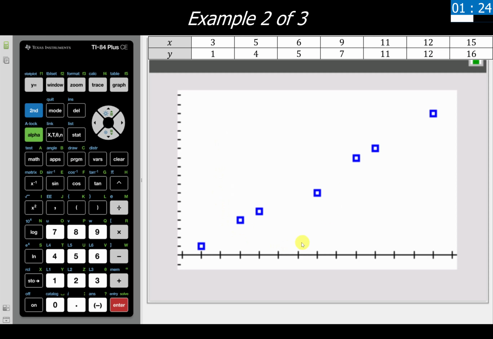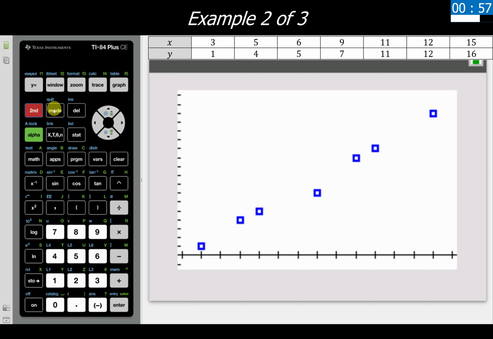Does it look quadratic in nature, the U-shaped or the N-shaped? Or does it look exponential in nature, like it's starting off smooth and then it gets steeper and steeper and steeper? And again, we have a linear regression showing up here, a little bit of a bump in the middle. It dips down a bit, kind of comes back up, but it looks mostly linear in nature. So we're going to go ahead and do a linear regression for this problem.